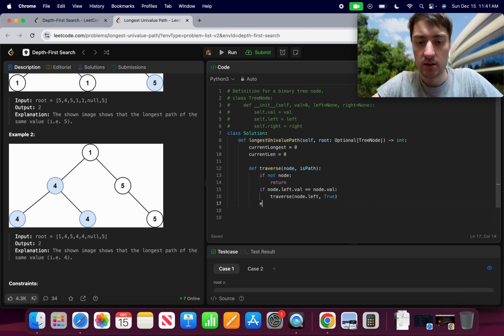In this case, else traverse node.left false. So then I'll comment my thing like